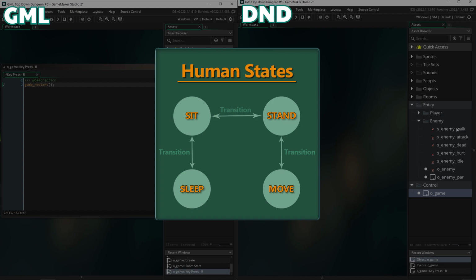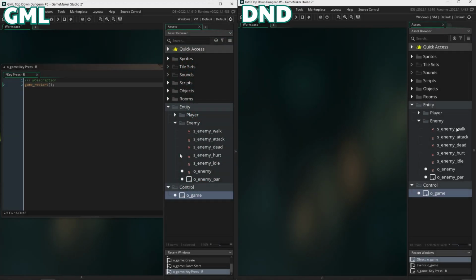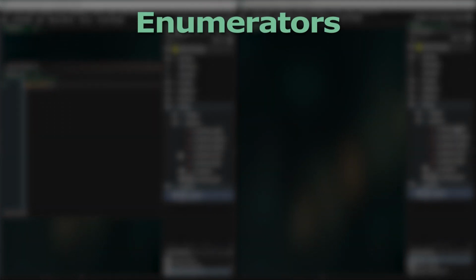So it's the same thing with our enemies. We can set them up using states, and that way we can limit the code that's going to run. It makes enemies much easier to control. And we can also just assign the appropriate sprites while they're in that state, and the animation part is then easily taken care of. First, I want to create the states we will use, and I'm going to use enums